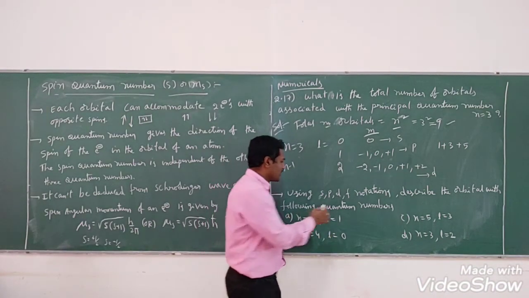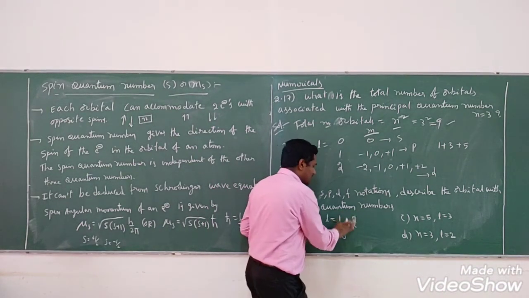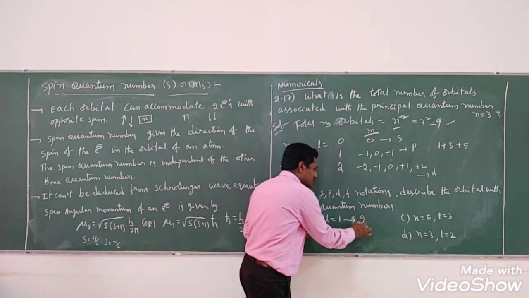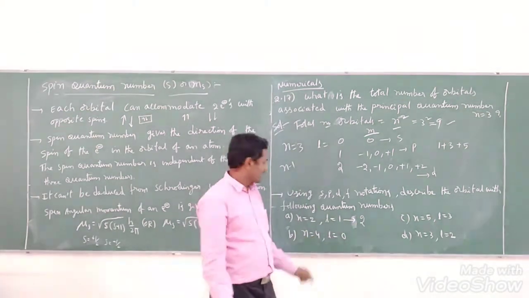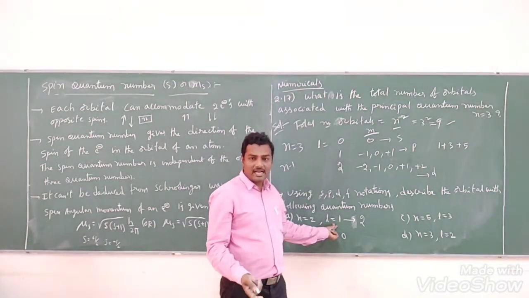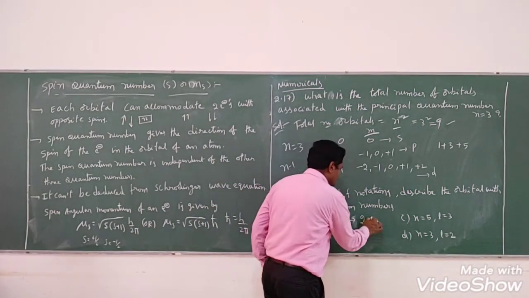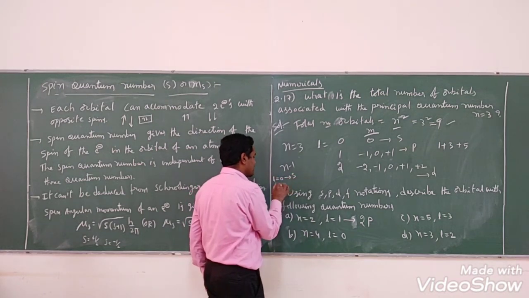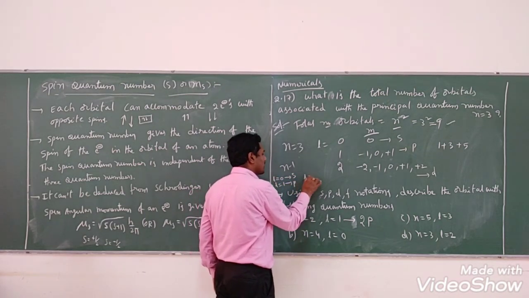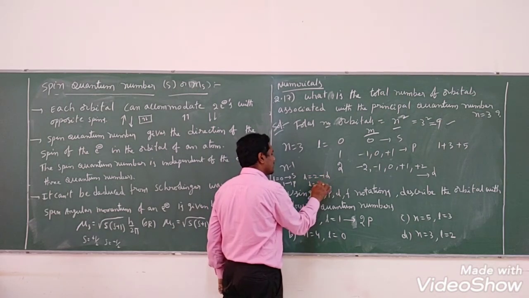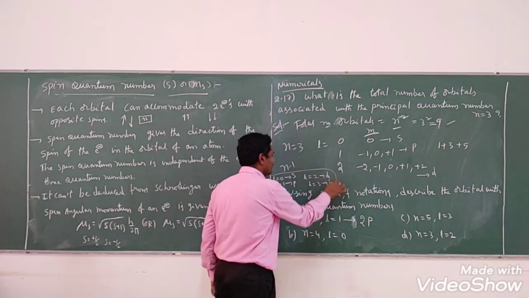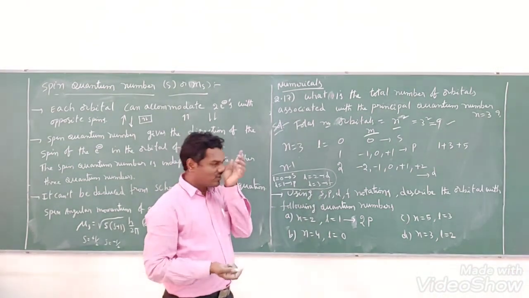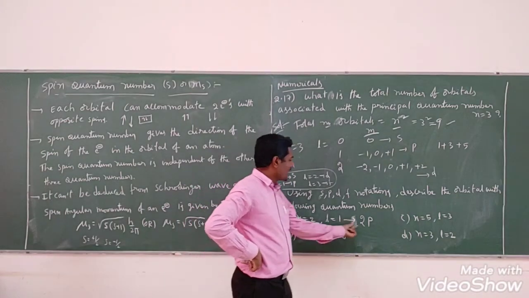How do we say it? This is the principal quantum number. As it is, you write. I am writing the answer here itself. The principal quantum number as it is, we will write as a coefficient. l equals 1 means what orbital is that? p orbital, right? 2p this is. I told you very clearly, students. l equals 0 s orbital, l equals 1 p orbital, l equals 2 d orbital, l equals 3 f orbital, right? These four only we use frequently because up to the f subshell only we use while writing the electronic configuration, right? So that's why here we have got 2p.